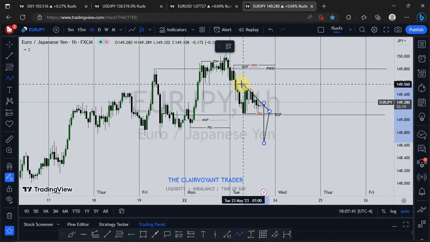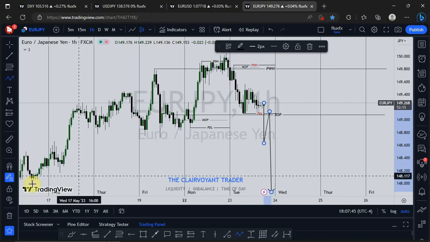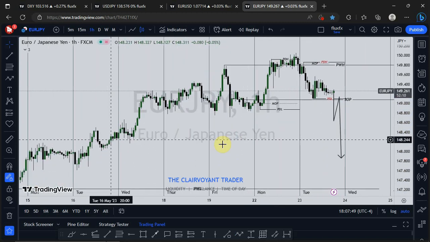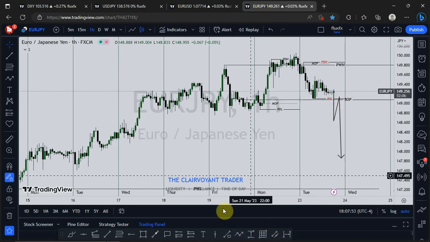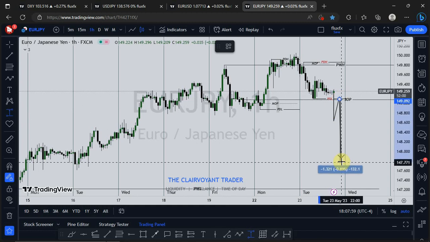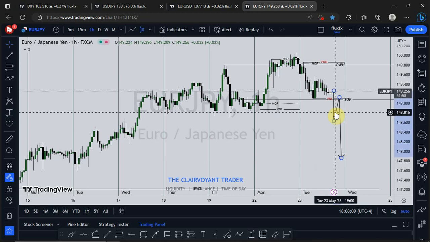So once this low is broken with speed, I'll wait for this retracement to happen, take my entry here. Stop loss is going to be around this zone. Then I'm going to target this very area here, this zone we are seeing here, which if that happens, is going to be about 126 pips. So that is going to be my expectation on EURJPY.